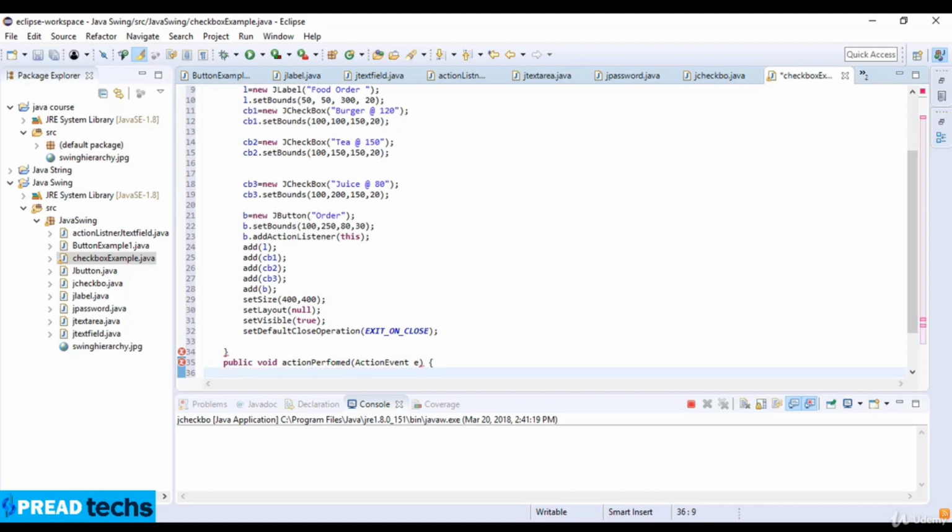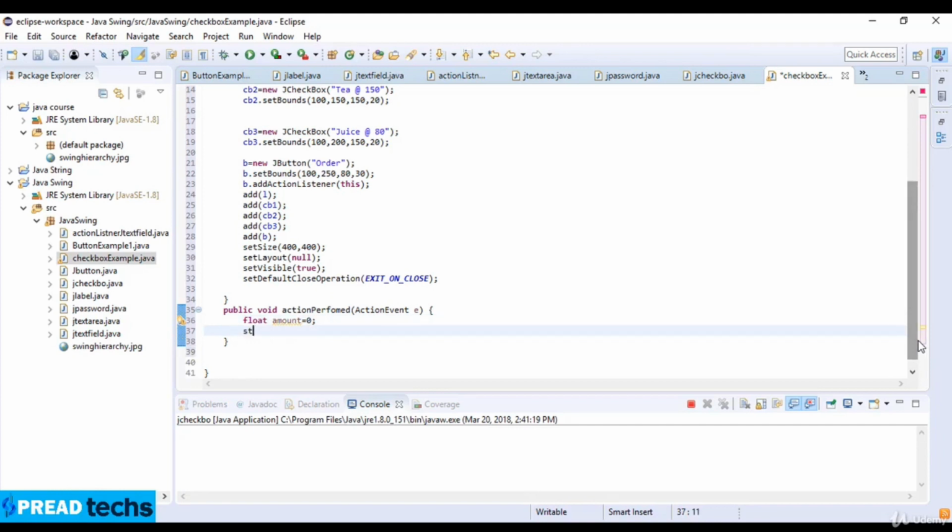So exceptions, and then a float value, which is amount, which is equal to 0, and then I take a string as the message, which is equal to an empty string,